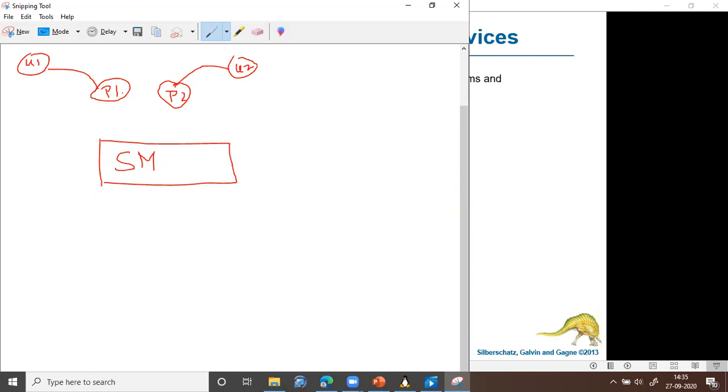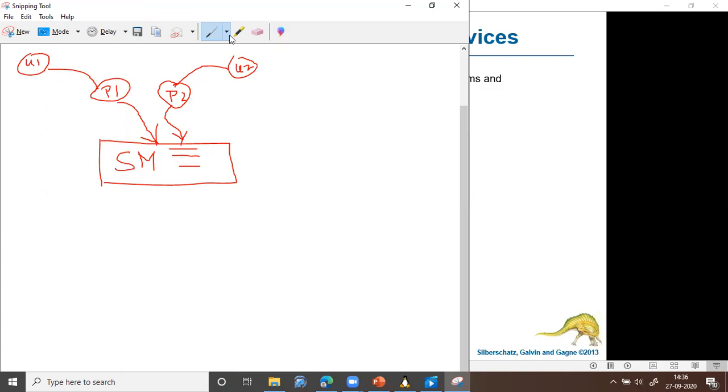If user 1 wants to communicate to user 2, that is, process 1, because user 1 is executing process 1, then he will write whatever he wants to communicate in this shared memory. Now user 2 can read it from the shared memory and understand what user 1 would like to communicate.